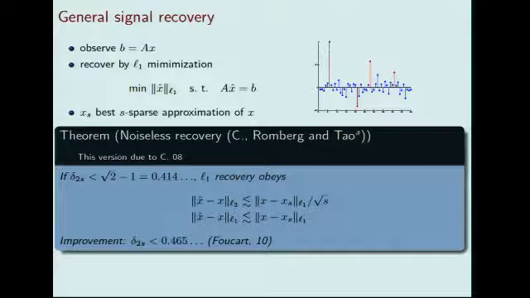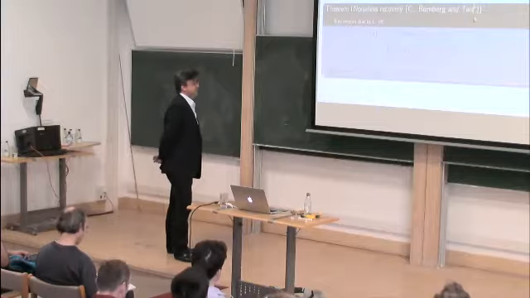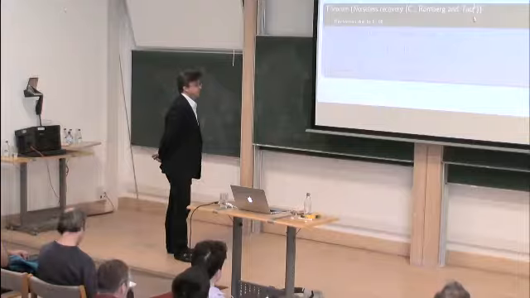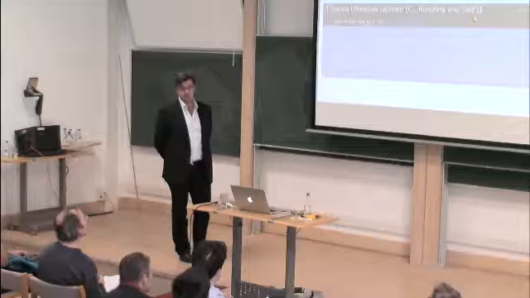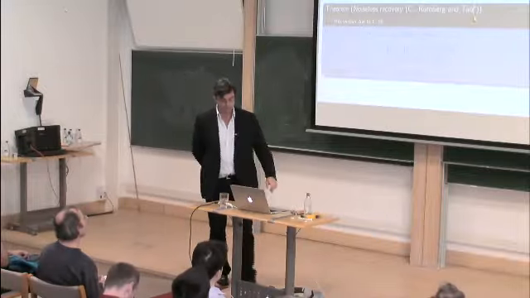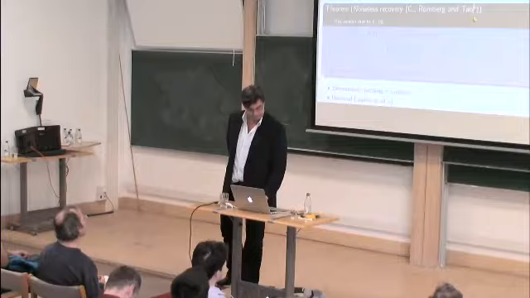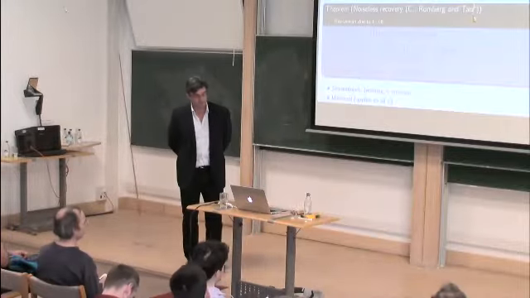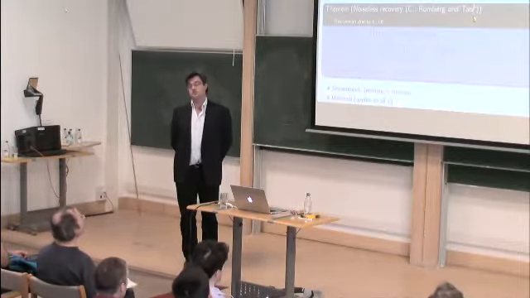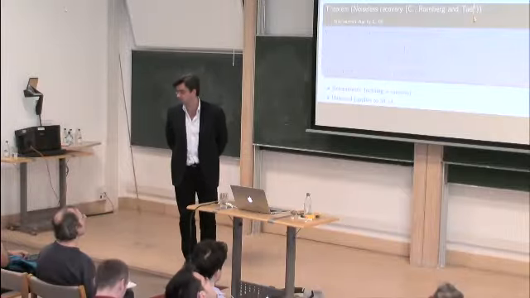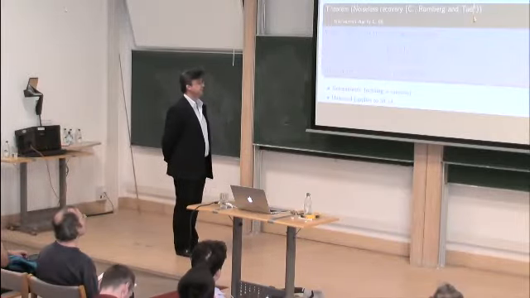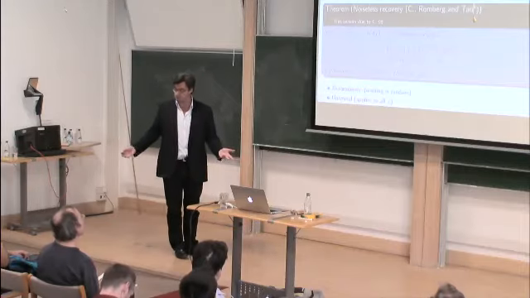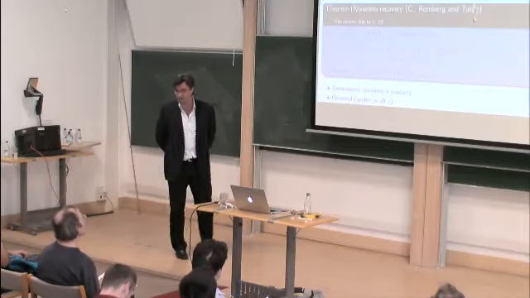All right, so the theorem is extraordinarily simply stated. If I'm lucky enough to have a matrix that obeys this restricted isometry property, then I can essentially recover the signal very well. For example, if the signal were sparse, the error would be 0, and that's why I call this a deterministic result or deterministic theory. There's nothing random about this result whatsoever. Okay, so there's a significant difference with what we've seen this morning. There's no probability involved. It's not that with high probability something good occurs. It's just that something good occurs.